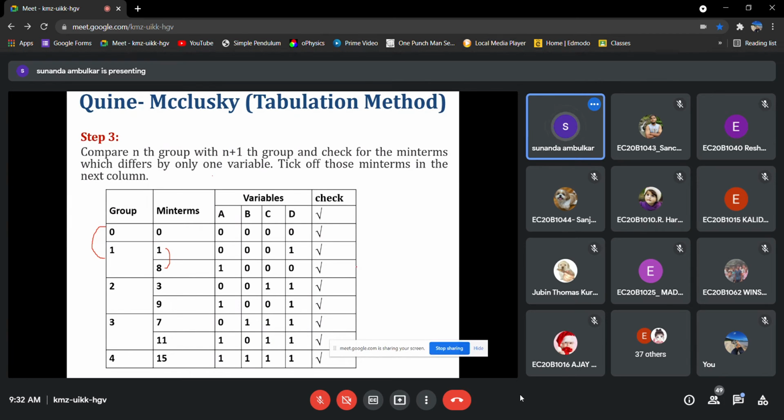So we'll see here. We'll check 1. This is same. The difference is here.